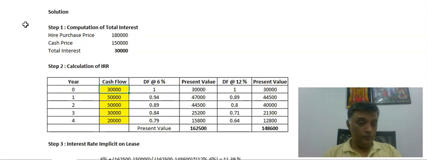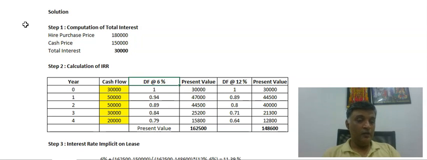So what we will do, we'll try to use two discount rates. One is at 6%, other is at 12%, right? One is 6%, other is 12%. So why are we using 6% and 12%? It's a trial and error method, right? So we use two arbitrary discount rates first,